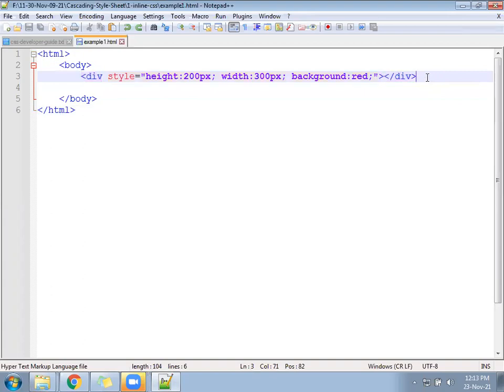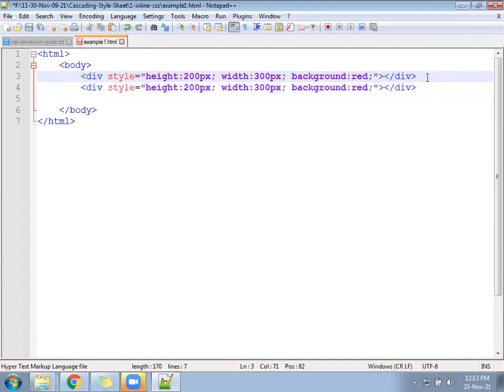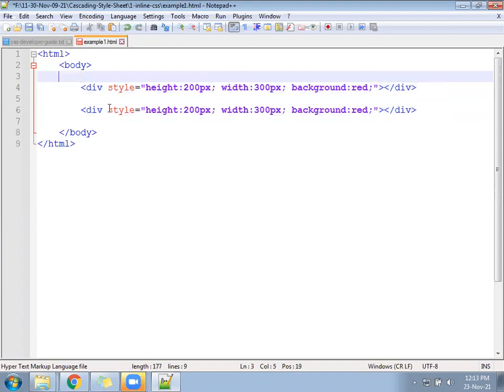Come down. Copy the same division and paste it after this. Give this one a height of maybe 100, width maybe 400, and some different background color.